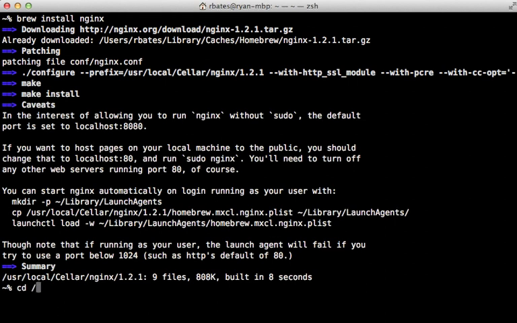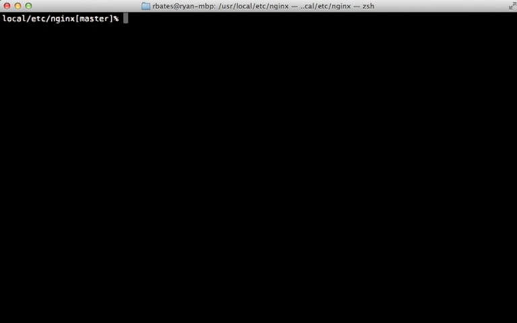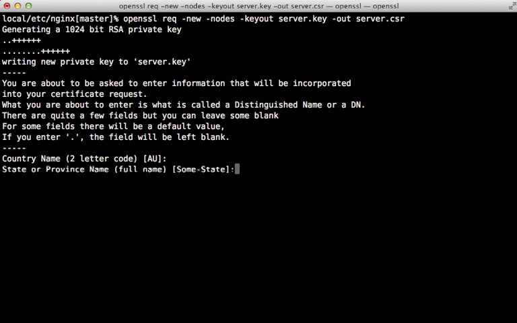First I'll go into the config directory, which on this installation is at /usr/local/etc/nginx. Now in here I'm going to generate a self-signed certificate, which is needed for SSL. I'll talk more about certificates later, but for now I'll just paste in the commands necessary for doing this. This first command here will generate two files, a private key and a certificate signing request, and when I run this it's going to ask me several questions that I can fill out about the certificate,